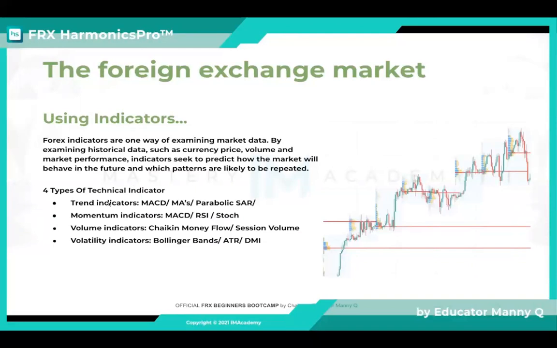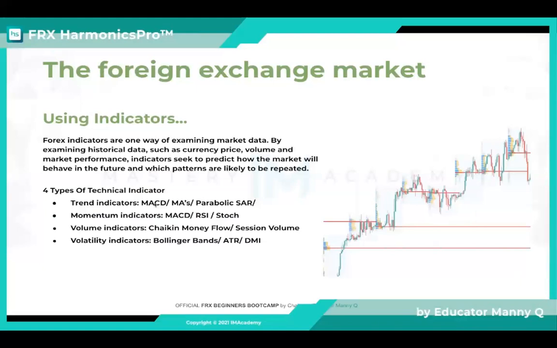There are trending indicators, there are momentum indicators, there are volume indicators, and there are also volatility indicators. Now, while this is not going to be an indicator training, we are going to introduce these concepts to you. Trending indicators include things like the MACD or the awesome oscillator. This will let you know if a price is in an uptrend or a downtrend, depending if it's above or